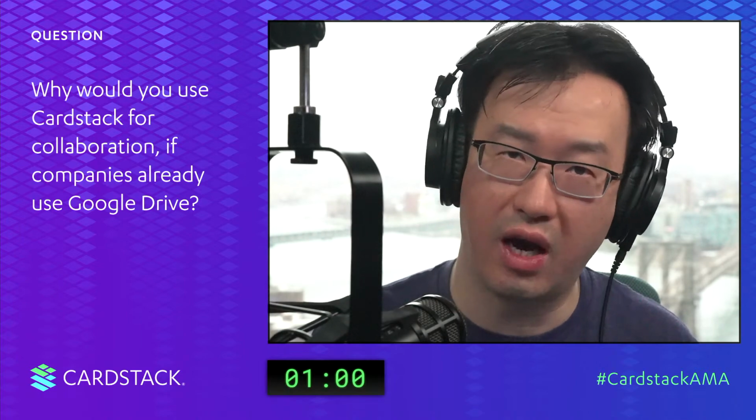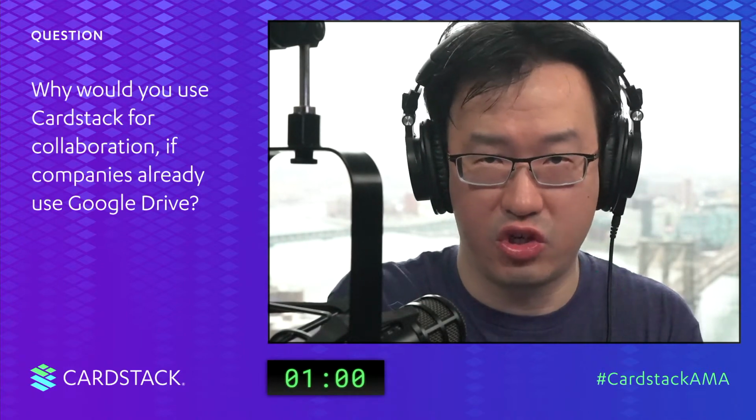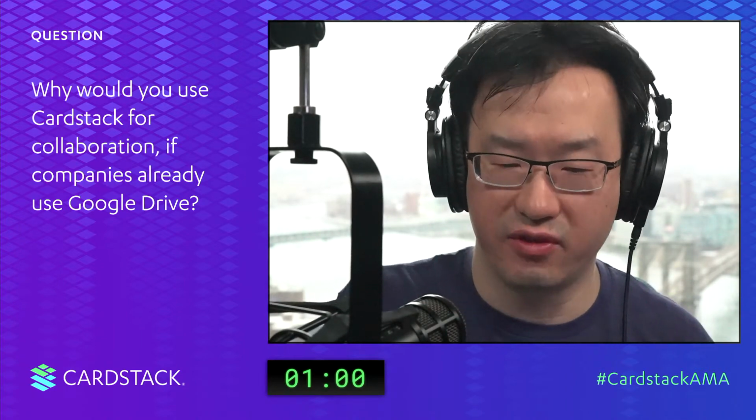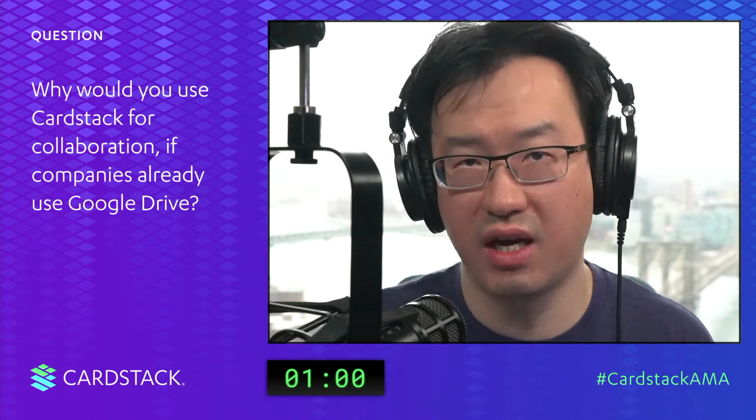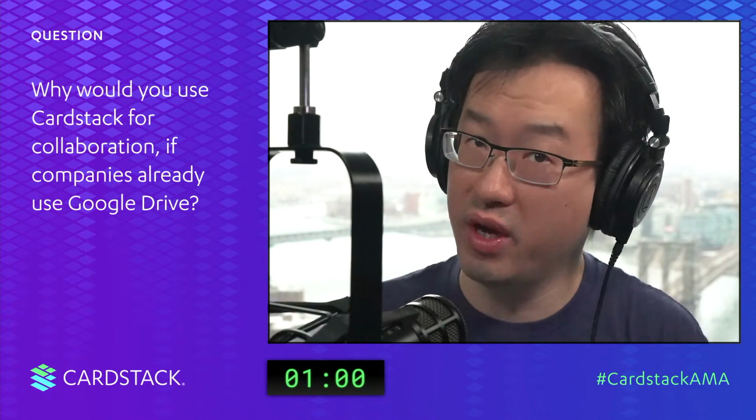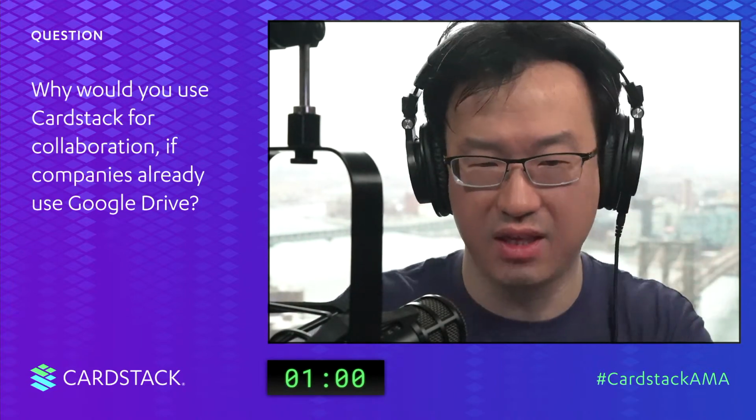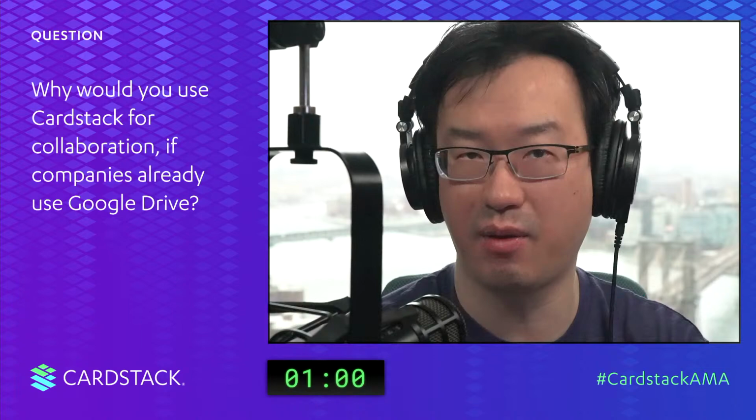So Google Drive or even Dropbox are very static. They share Word documents, PDFs and stuff like that. With collaboration in Cardstack, it's on top of the transaction capability of blockchain. So we know we can pay people. We know we can mark that something has been submitted and you can't take it back, because we put it in